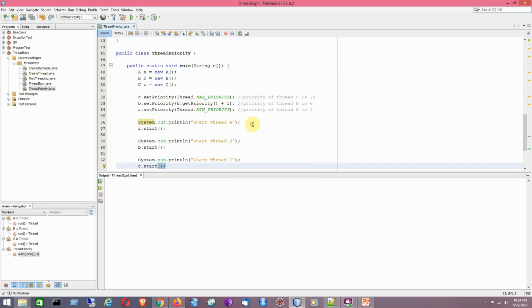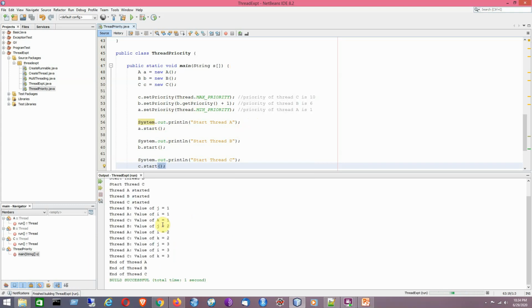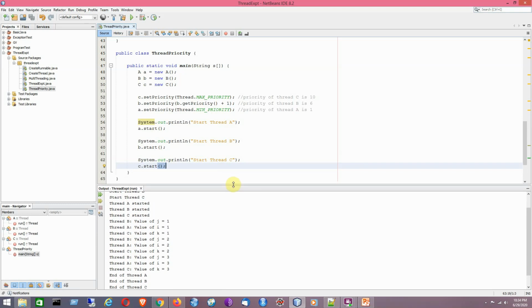If I run it the next time, you will see that thread A is the last thread to end, but it has the MIN_PRIORITY. That means the concept of thread priority may not always be applicable to threads, because it depends on the platform. So try to remember this.